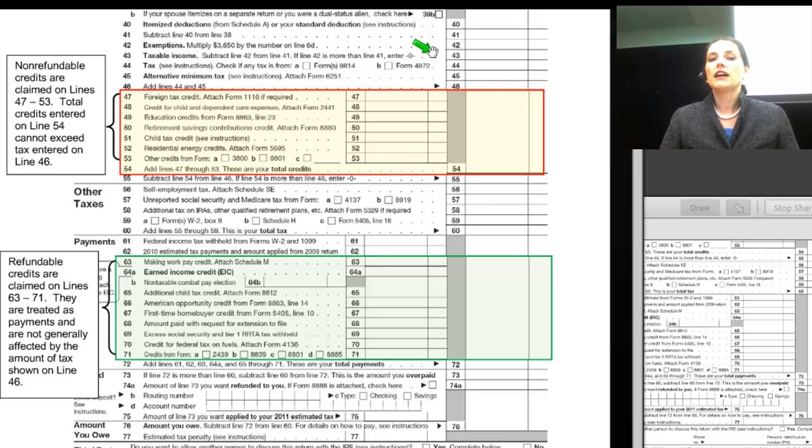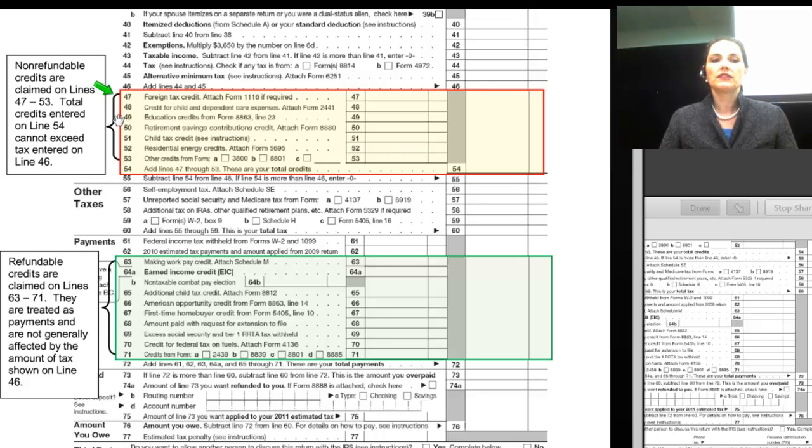To figure our income tax, we need to go to Pub 17, look up our taxable income in Pub 17, and then enter the tax on line 43. We also have a tax called the alternative minimum tax, but I am not teaching you about that particular tax today. Most people do not pay alternative minimum tax, and therefore line 46 is usually the same number as line 44. The credits that are available are all listed on lines 47 through 53, but we are going to be